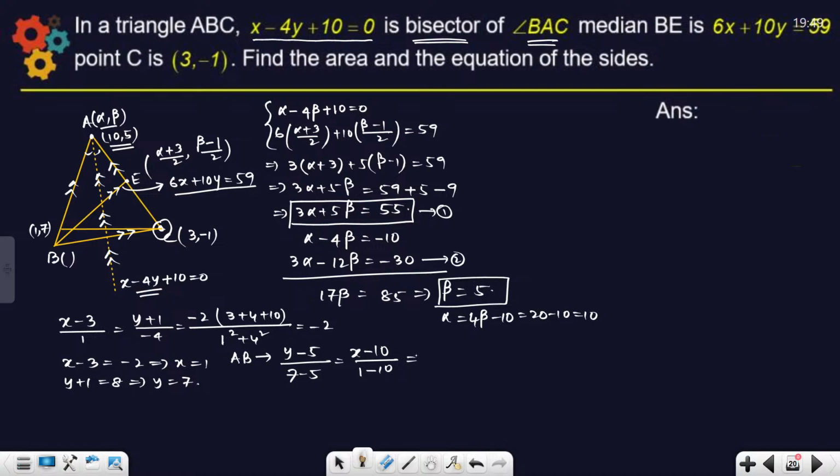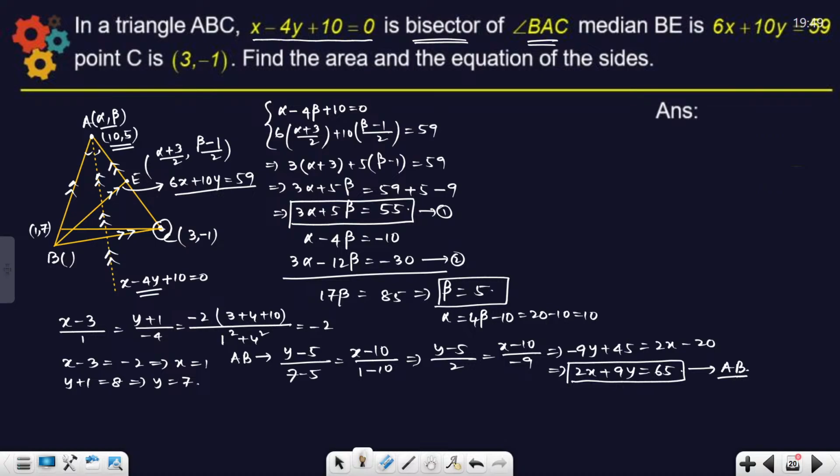So we are having what? So 2x plus 9y equals 65, right? 2x plus 9y equals 65. This is the equation of AB,